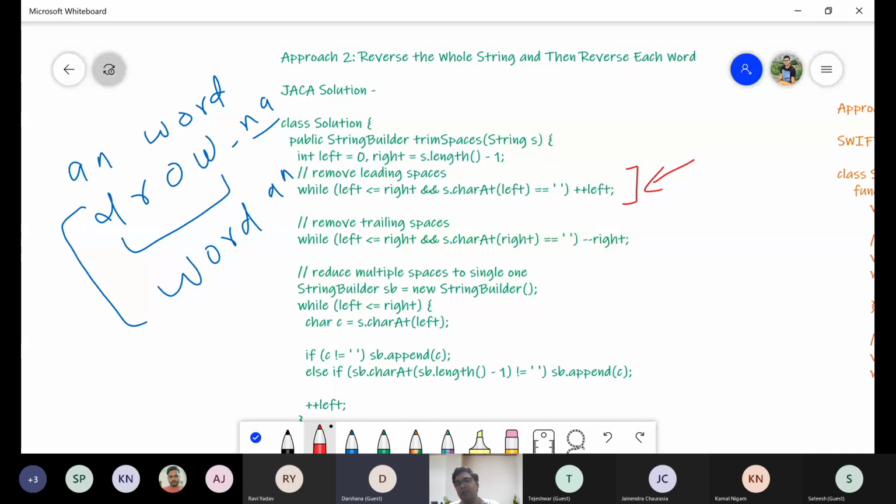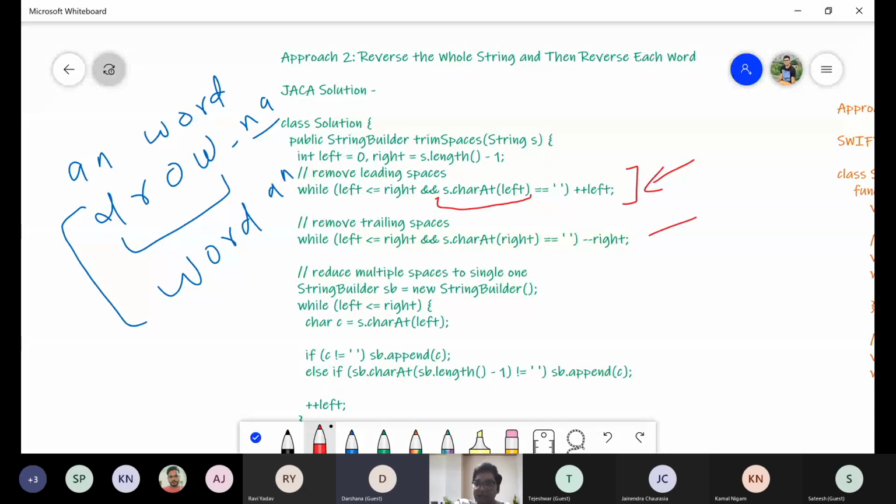In this, we are checking every index. If it consists of space, we move the left index. So if there are 4 spaces on the leading side, it will move the left variable up to 4 indices. Now we know after this there will be no space.